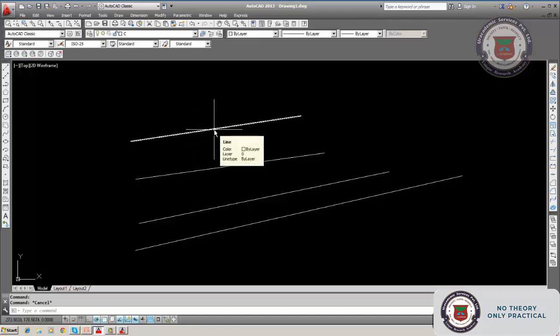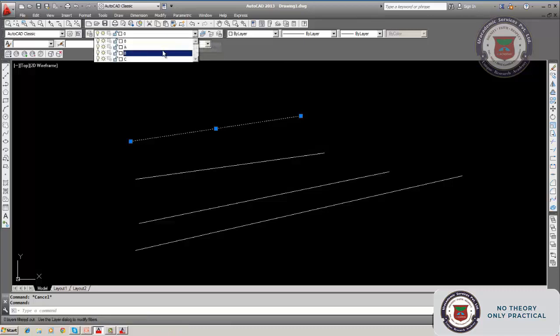So click on the layer which you want. Suppose this is a 0 layer, I want to change it. Click here. You can see the grips. These are all called grips. I will explain later what the grip is and all that. It indicates this layer is selected. It is also used for action. Then click here and you want to change to A, you make it A. So the layer has been changed.